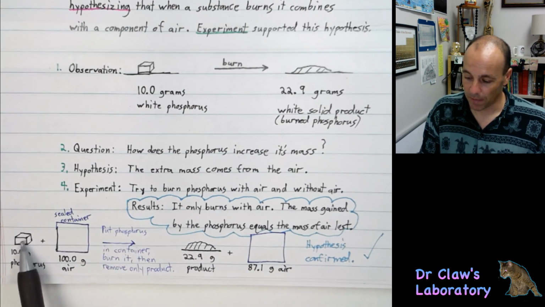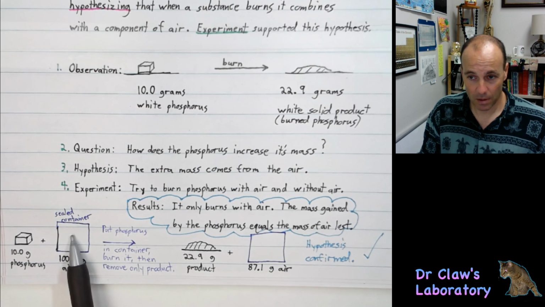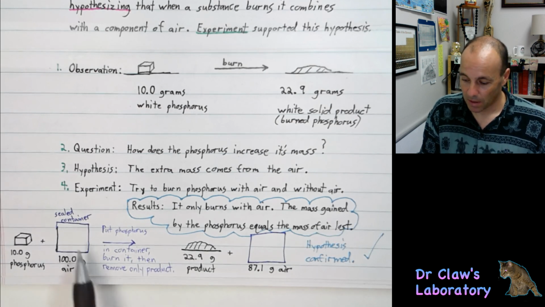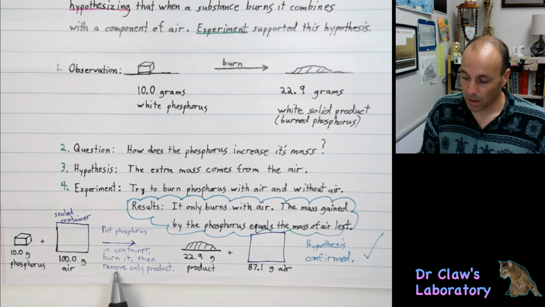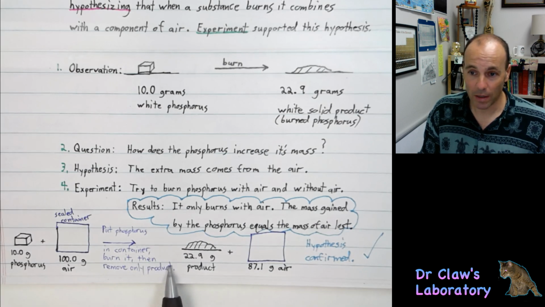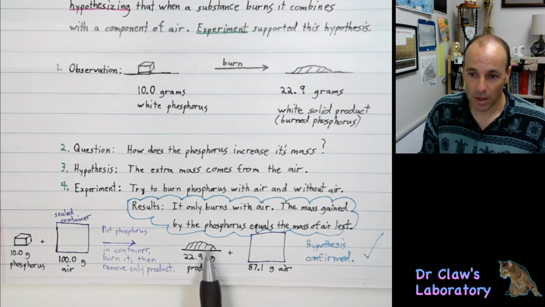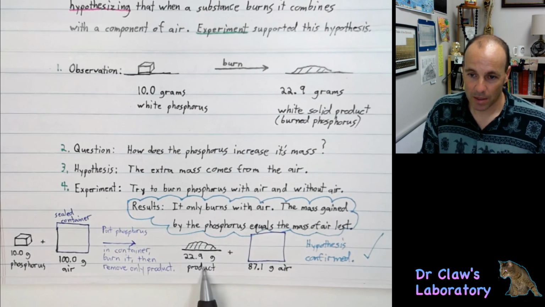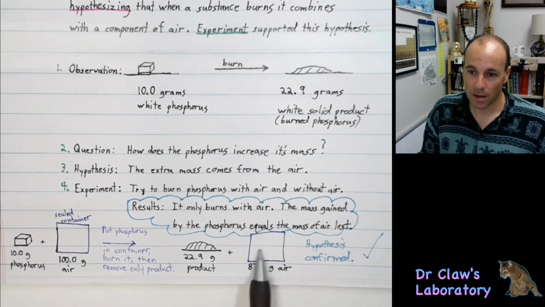You put the phosphorus into the container without letting anything else in or anything else out, and you burn it, and then you remove only the ash. And afterwards, he has his 22.9 grams of product, and then what's left inside is only 87.1